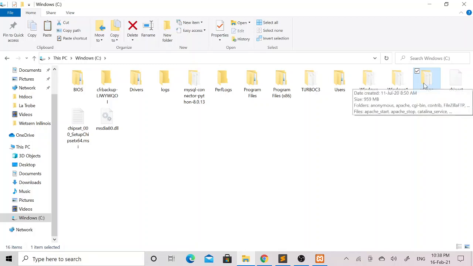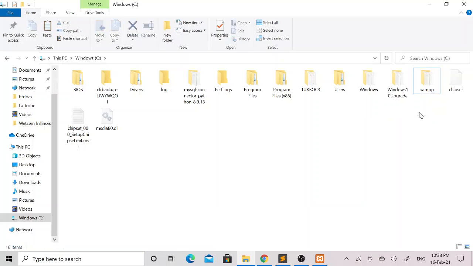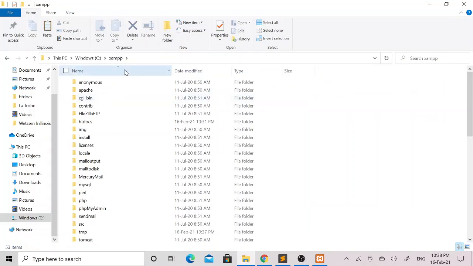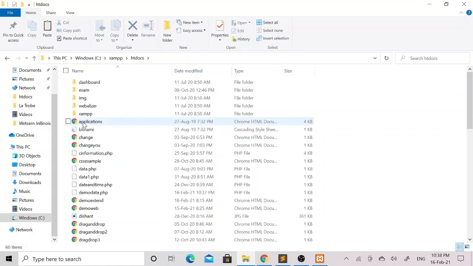If you have installed XAMPP on the D drive, then you need to select the D drive, or you can select any drive where you have installed the XAMPP folder. Within the XAMPP folder, you will locate the htdocs folder, and in order to run all your PHP files on the localhost server, you will have to save all your PHP files within this htdocs folder with the .php extension.